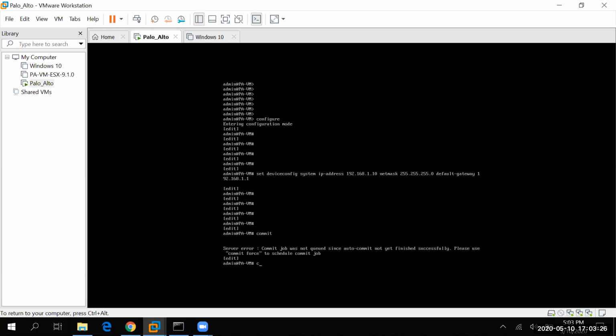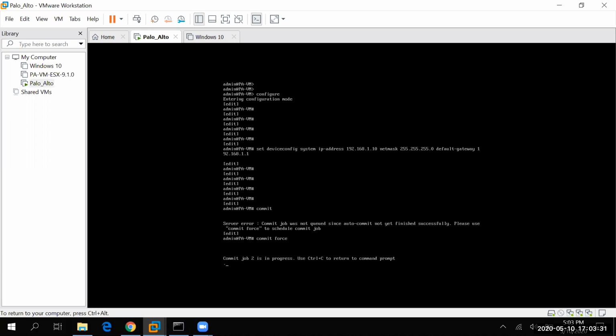Okay, so the first time you do any commit, it will prompt you to do a force commit. It will commit all those changes, but from the next time you just need to do commit. I'll recommend you to perform all the changes through the GUI only, not through the CLI. Okay, we will cover the CLI section later on, but currently we are not covering the CLI part. Okay, so you guys are able to see that it is getting committed.